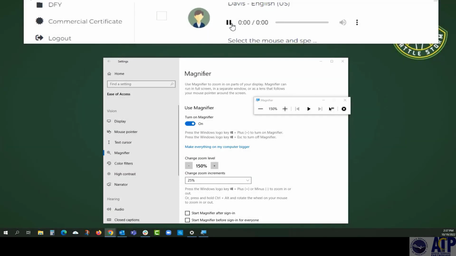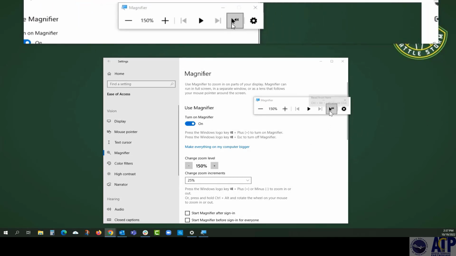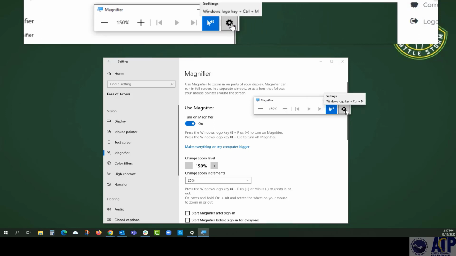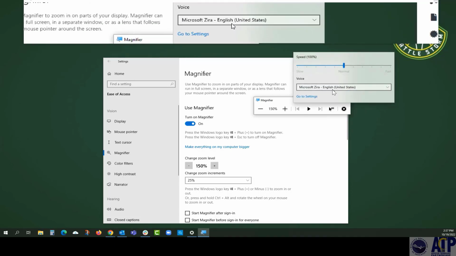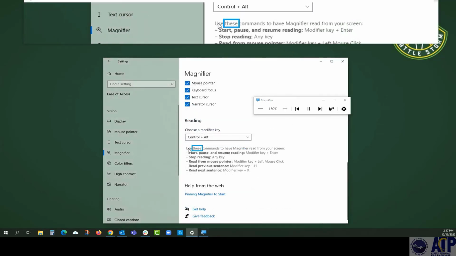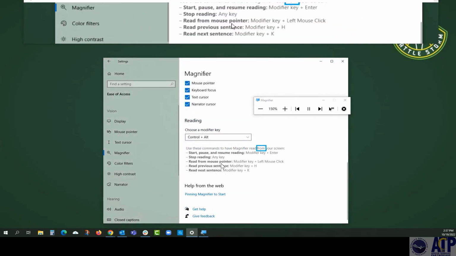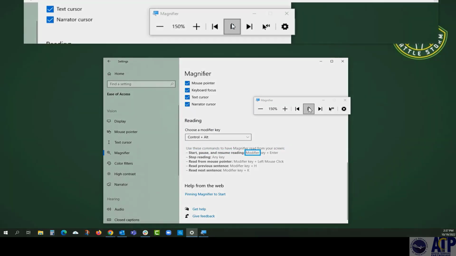Select the mouse and speaker icon in the magnifier toolbar to turn on the magnifier reader. Users can also select different voices and reading speed from the toolbar. Users can click anywhere they would like to have the text read aloud. Use these commands to have magnifier read from your screen. Start, pause, and resume reading. Modifier key plus